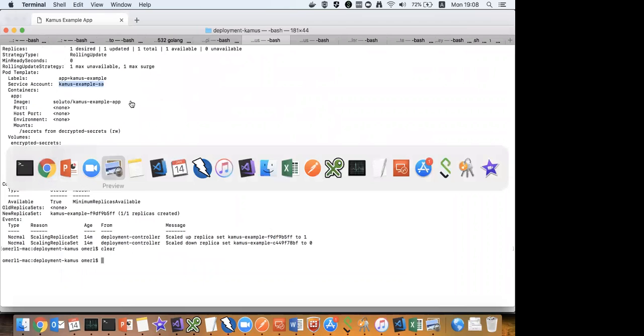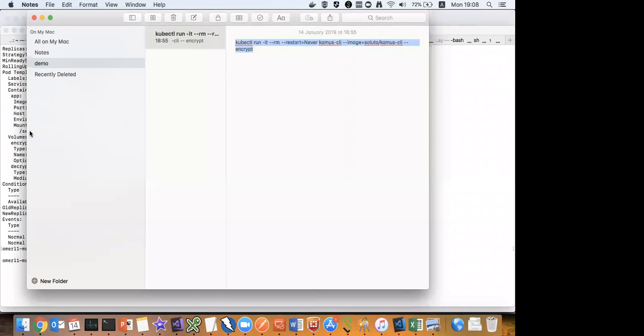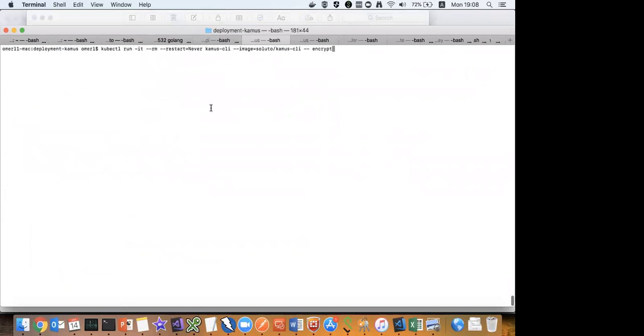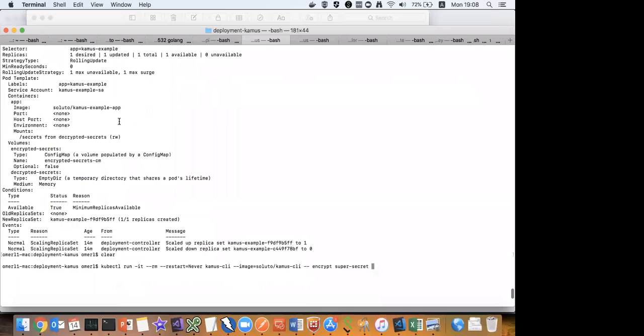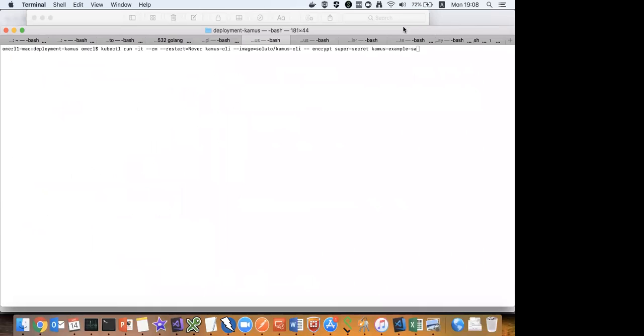and Camus has a CLI, and I'm going to run it on the cluster using kubectl run because the encryptor is running without an ingress in this deployment. I can provide it the data, for example, super secret, and then I need to tell it which service account needs to be able to decrypt the data. So in this case, it's this service account, and it's running in the default namespace. The last thing I need to provide is the URL of Camus. It's http://